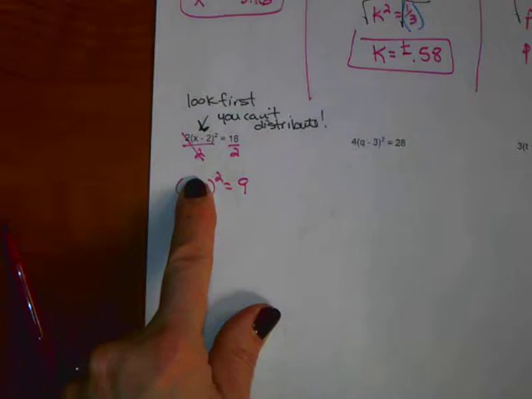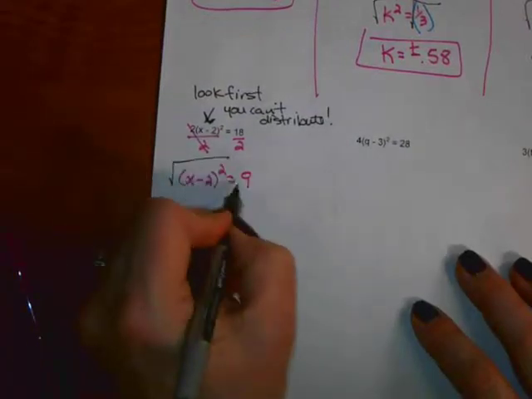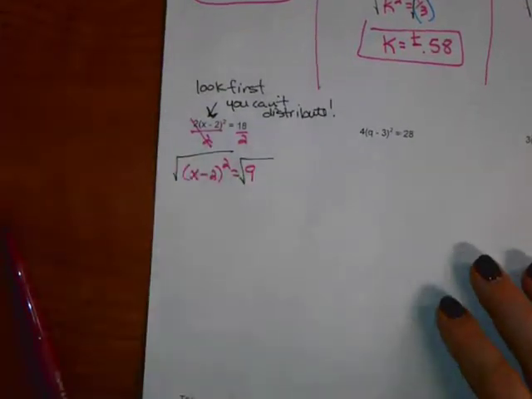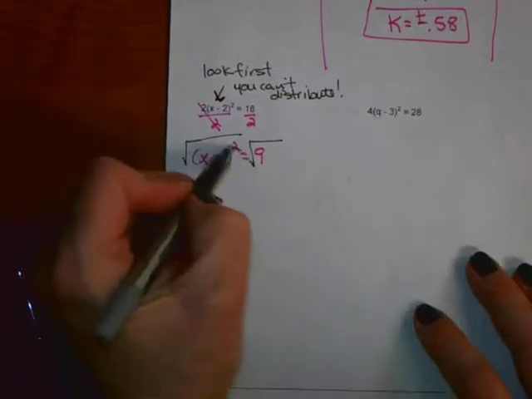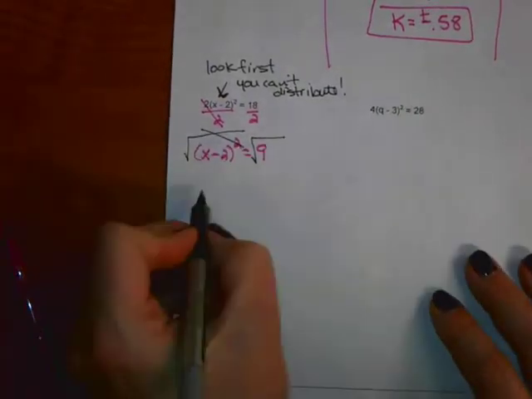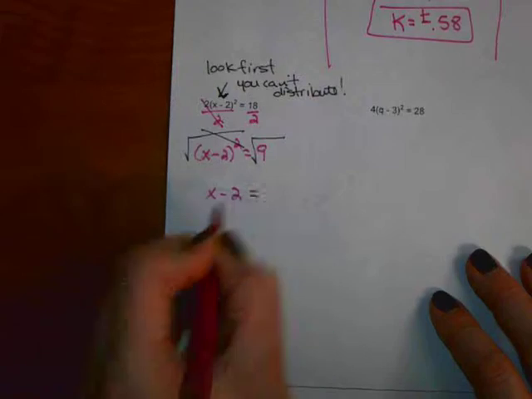So what would my next step be? Get rid of the square, which would be to do what? Yeah, you can square root everything now at this point. Okay, you can do this. Squaring and square root cancel each other out, so those two cancel each other out, and you're just left with x minus 2 equals